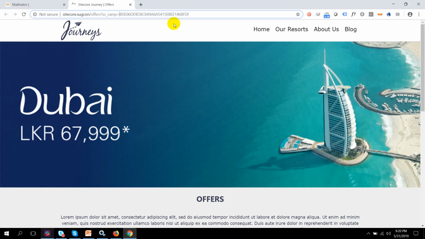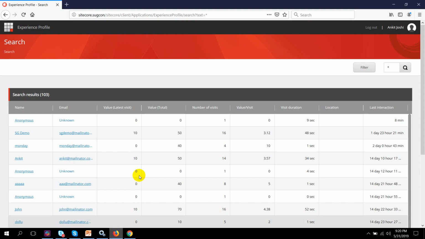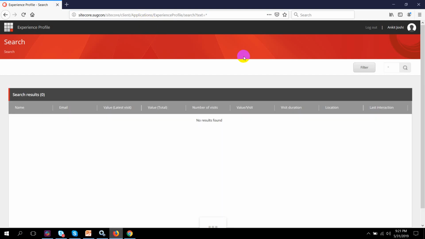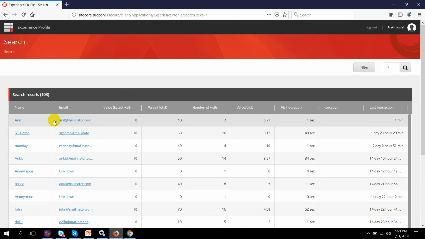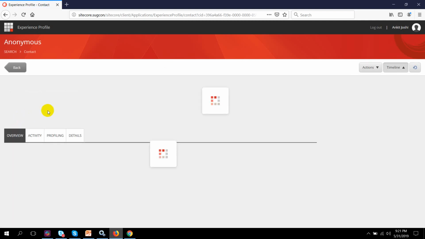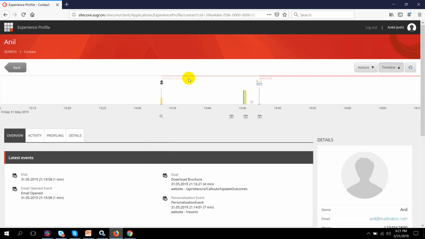Now if we go back to Sitecore, and then let's try to check experience profile. Okay, so another thing which you'll notice here is, previously the user was anonymous, but now that user got converted to a known contact. So that's the reason we can see his details over here. Another thing to note here is, initially he was an unknown contact, and then he becomes a sales lead. So sales lead is nothing but